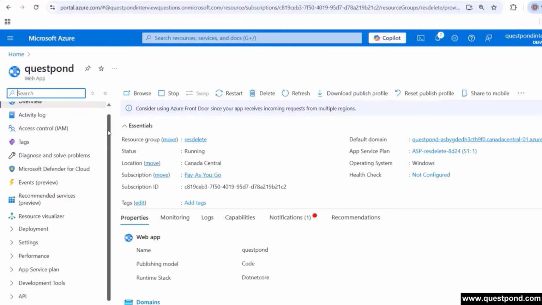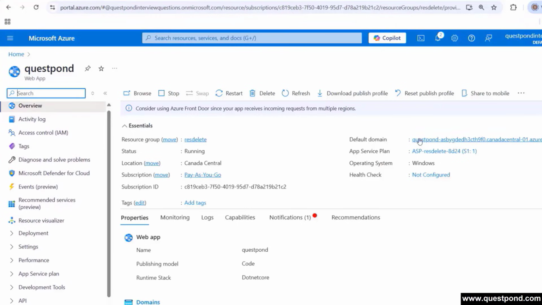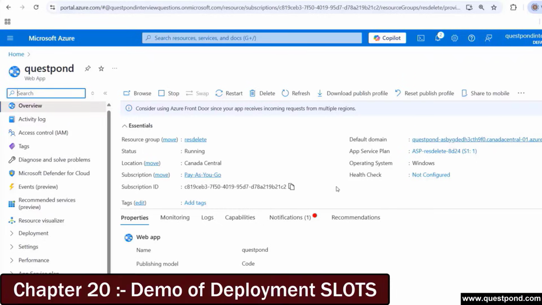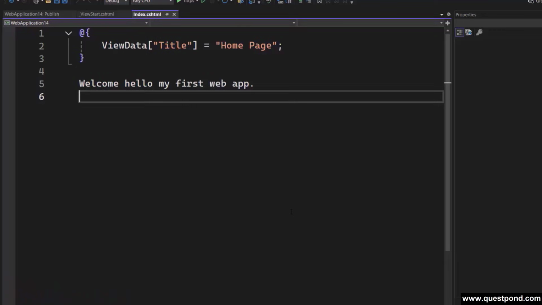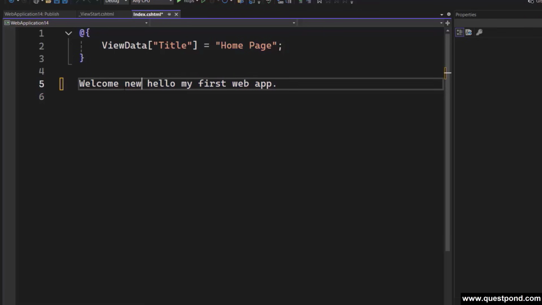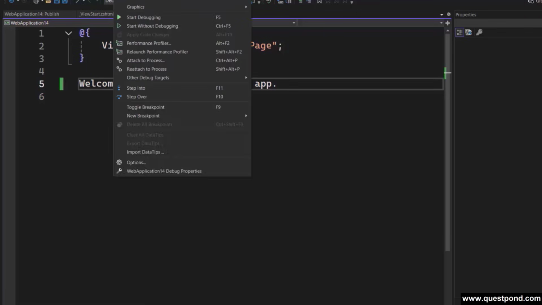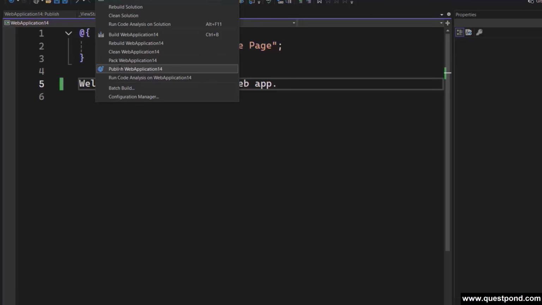So you can see that this is our app service which is running, and at this moment on this app service, we are running this welcome my first web app. So let us talk about the first problem. If I now try to deploy some changes out here, let us say I say welcome new hello. And when I try to deploy, this is what happens. So if I say publish,